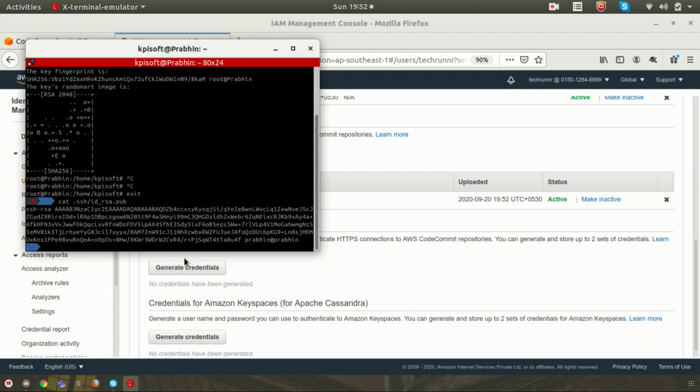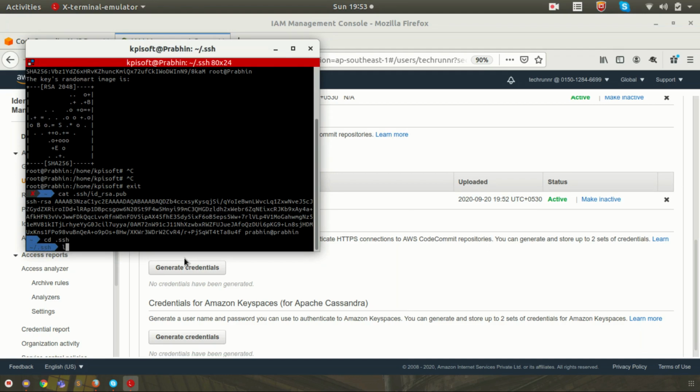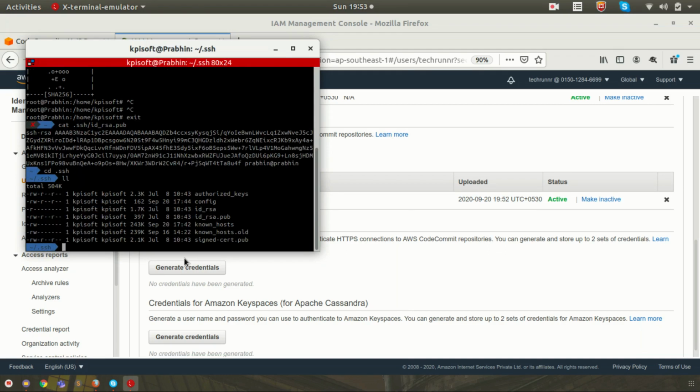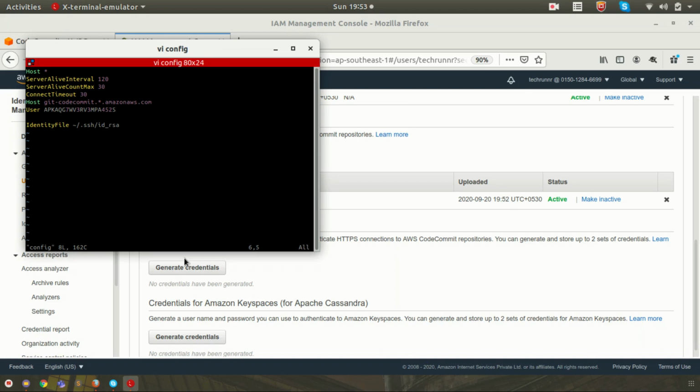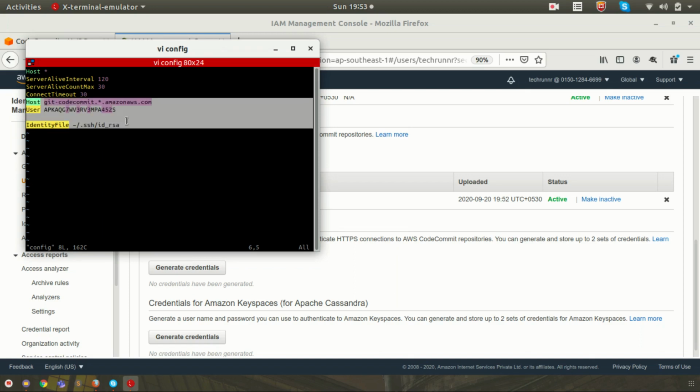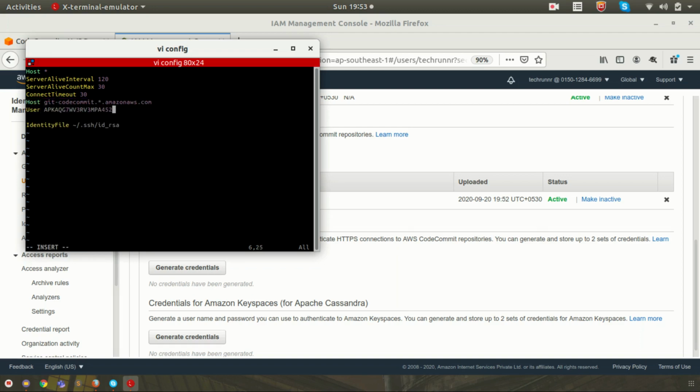So you can navigate into the .ssh folder in your machine, and here you can see there is a config file. If it is not available, you can create it manually. Open that file and copy these contents into the config file, and replace the user ID with the SSH key ID.